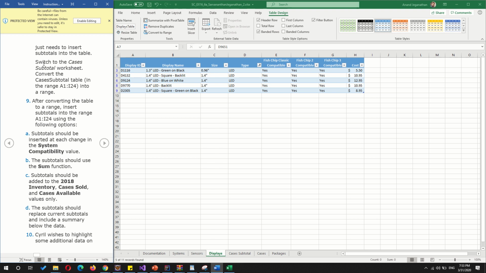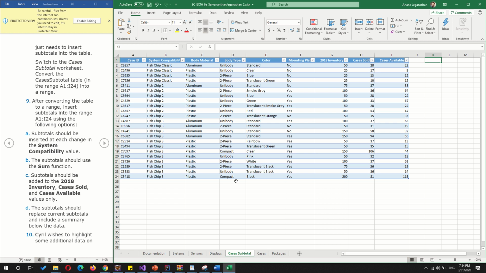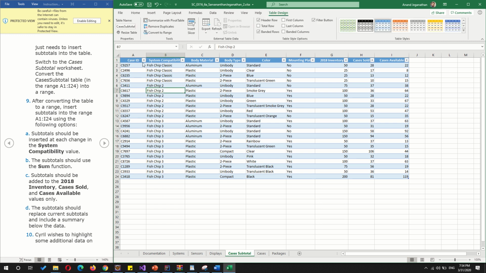So what we're going to do is switch to the cases subtotal sheet. Now if you look, this one is sorted by system compatibility. You have Fish Chip Classic, Fish Chip 2, and then Fish Chip 3. They all group together once you've sorted by it. Once you've sorted, it becomes easy to add subtotals. If you want to show a total after each grouping, it becomes easy when you sort it. This is already sorted, so you can subtotal them now,